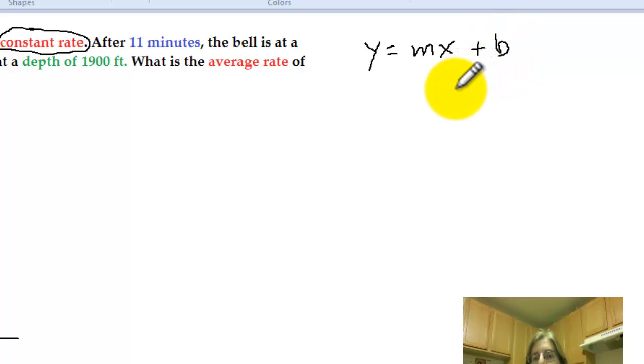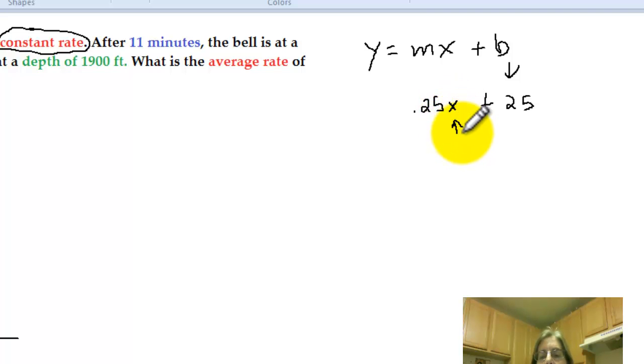looking at problems where, let's say you're going to rent a car and they had a flat fee, it costs up front $25 and then you're paying 25 cents a mile or something. We learned that the flat fee belongs where the b is, and that 25 cents a mile is the rate. And you're going to multiply, and x would be each mile that you may have put on your car when you rented it. And oftentimes these were equal to cost. So y was the cost, or the output was the cost. So,